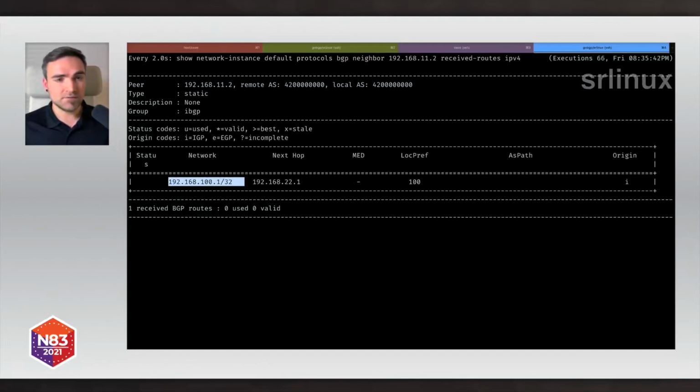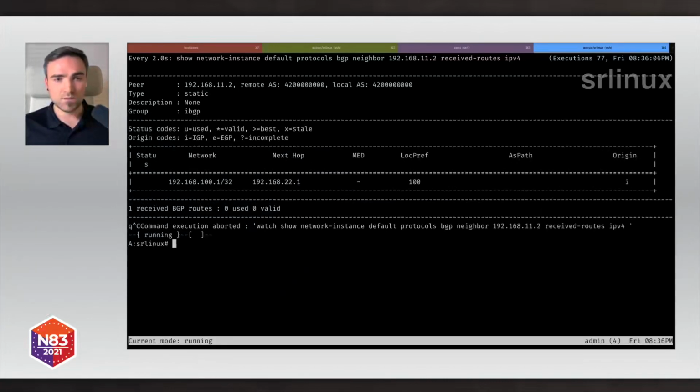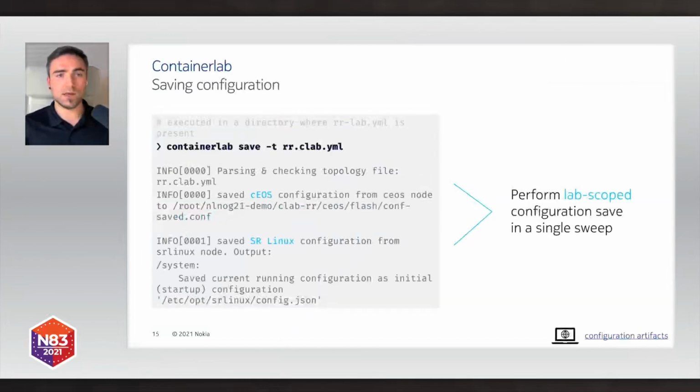So that's really the use case that I wanted to show you, that demonstrates how you can start working with ContainerLab, how easy it is to install it, how to create a lab, although a small one, but still a multi-vendor lab with 3 different nodes, leveraging the Nokia SR Linux, Arista CUS, and the Linux container with the GoBGP stack installed. And now I wanted to go back to my presentation,